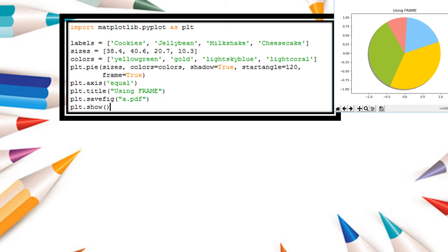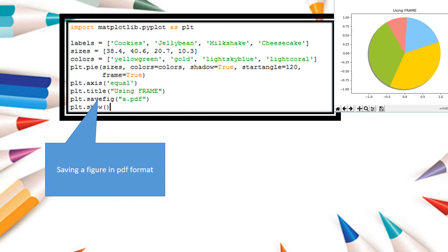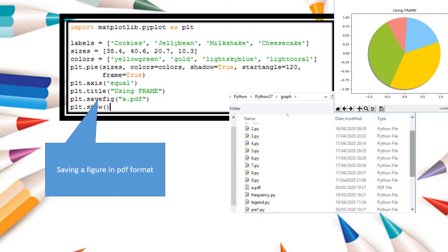I'm using the savefig function, and the file name is a.pdf. So where this program is saved, in the same location, this graph image will be exported into PDF format in the file a.pdf. See here, it is stored in a.pdf format. The image is saved. Thank you.